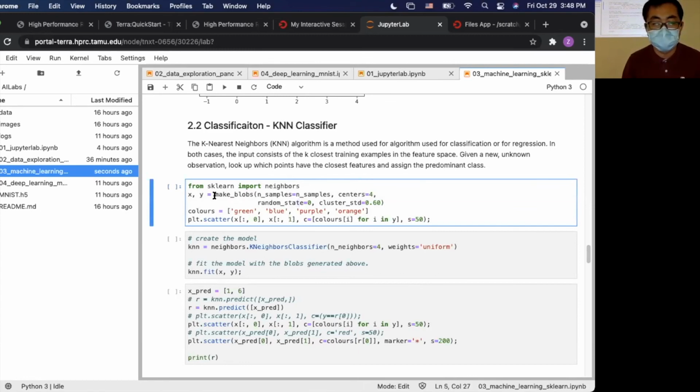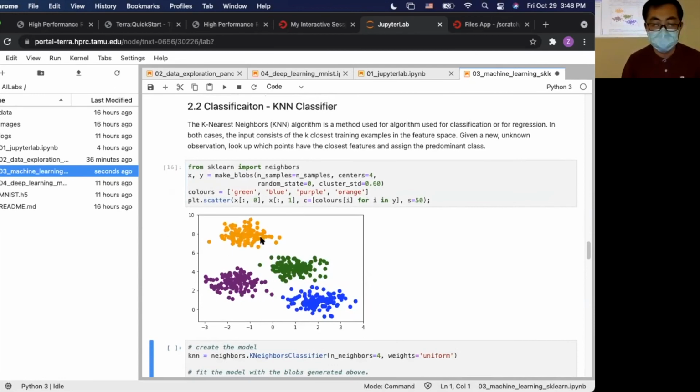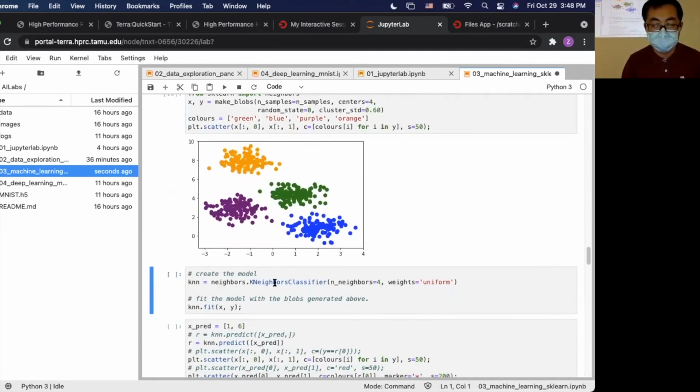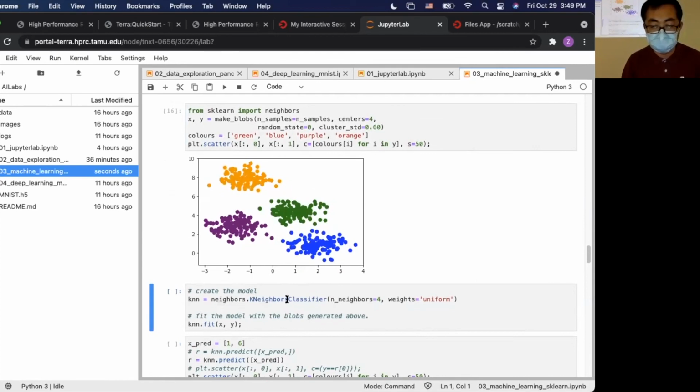So we use make blobs. This time we make 4 clusters, and I give them some color. So let's see how these clusters look. So we have 4 clusters, and now we create an instance of the k-neighbors classifier model, and we want the number of neighbors to be 4, and we want to use uniform weight.